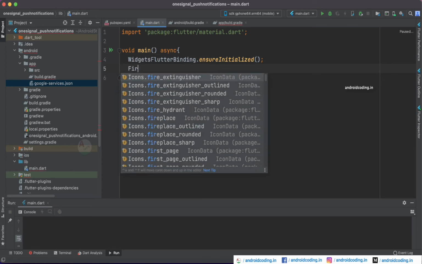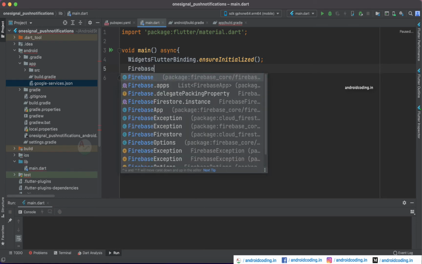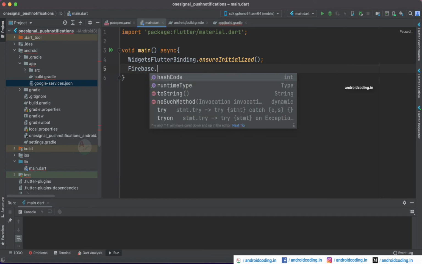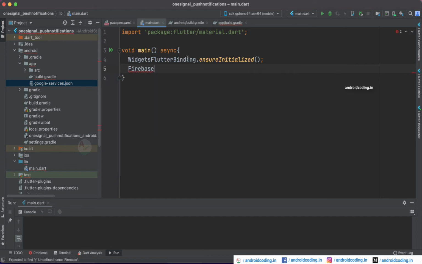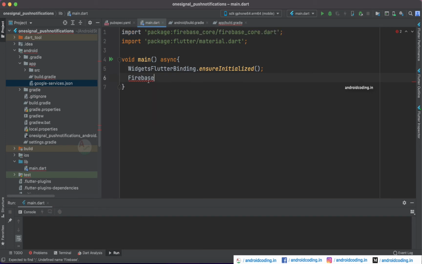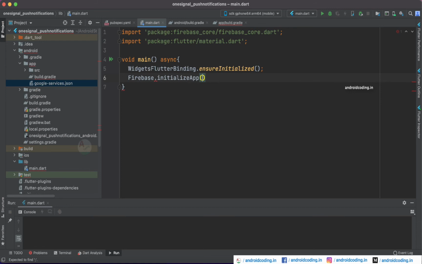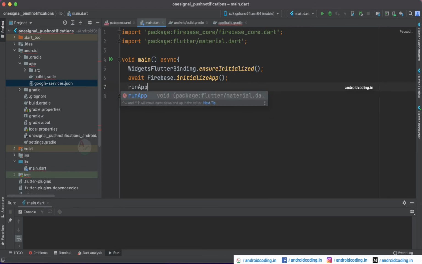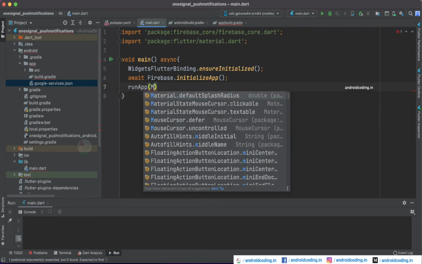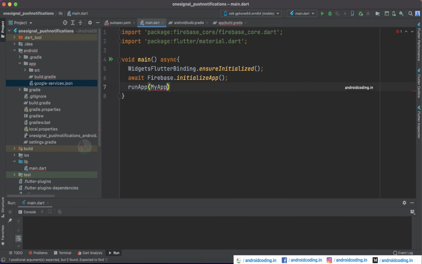And next thing is Firebase.initializeApp. First you need to import Firebase core, and you need to add an await before this Firebase so as to wait till the Firebase gets initialized. And next specify runApp here, and inside the runApp I'm going to specify my app.